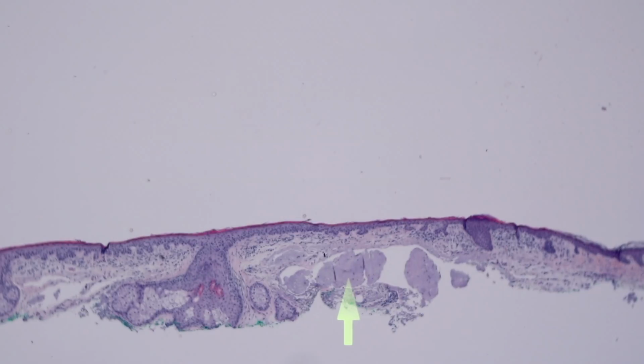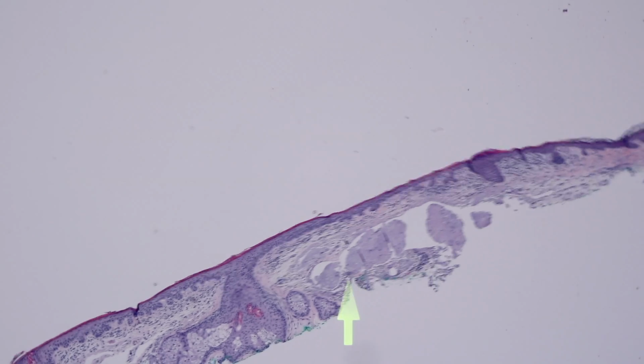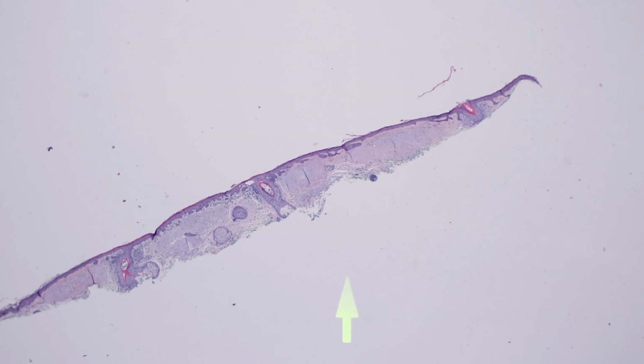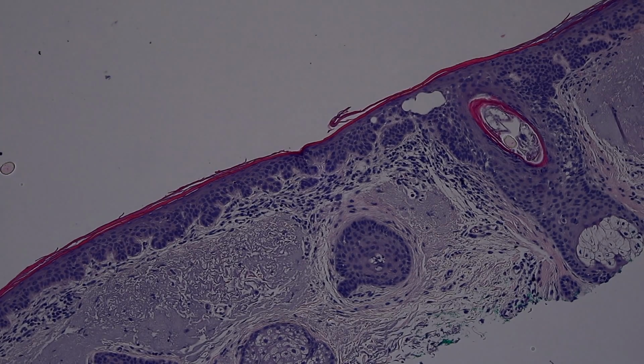Here, the reason I want to show this is that from low power, if I can keep it from falling into the microscope, sorry, it'll have to be at a little bit of an angle. From low power, you can tell there's a little bit of acanthosis. The rest of the epidermis is very thin and atrophic, but here you can see kind of budding of reedy pushing down, and again, you can sense this tiny, thin layer of bright pink keratin, and so to me, that makes me think right away of actinic keratosis. And when we go closer,